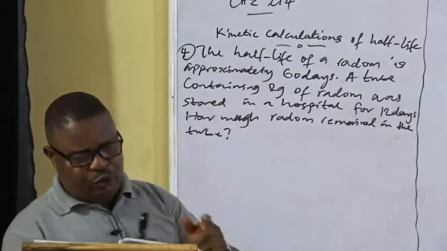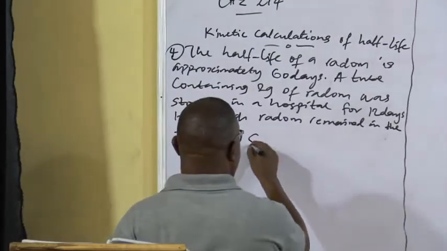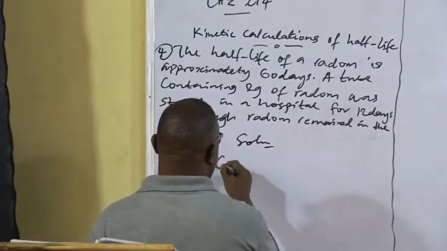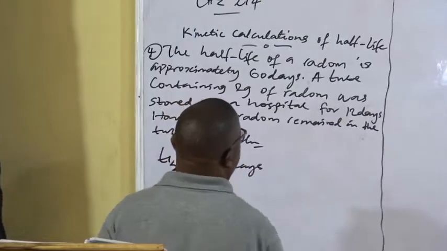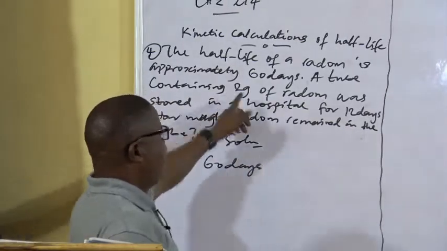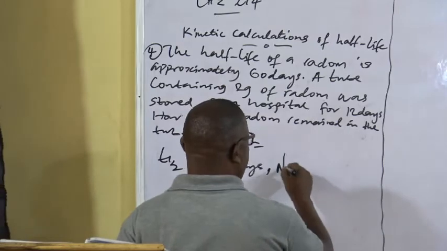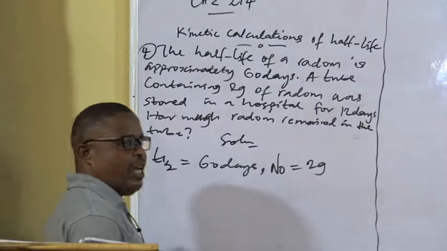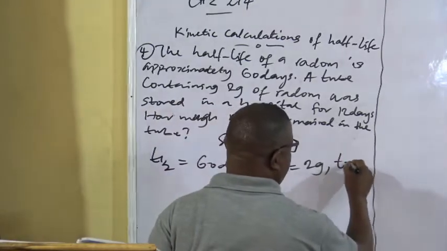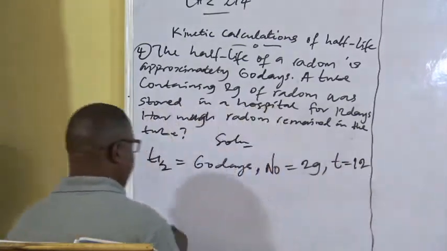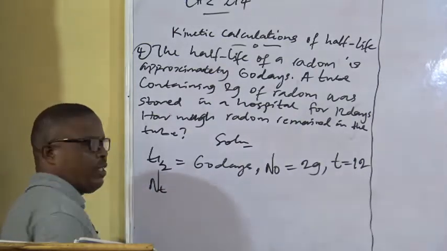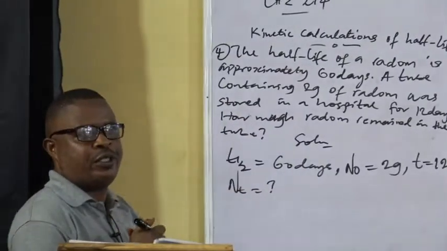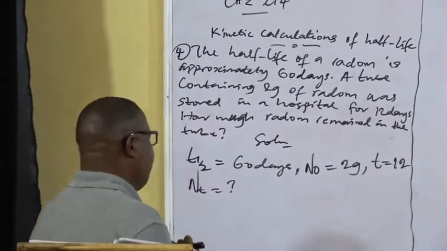Now, to go by this, our t half is given as 60 days. And the original mass, which is N0, is given as 2 grams. And it is kept for 12 days. So our t is going to be 12. And the amount remaining at time t, Nt, is unknown. That is what we want to calculate. So with this,